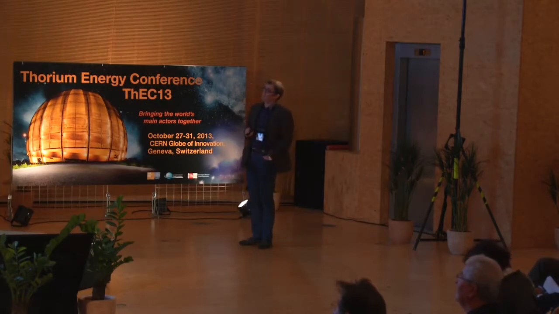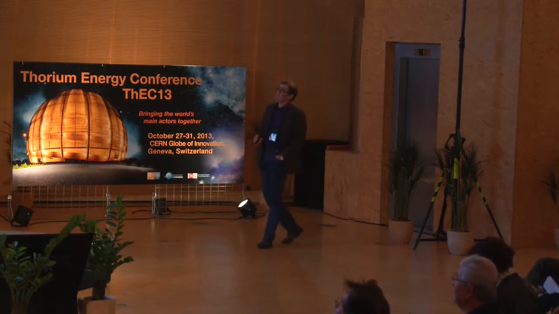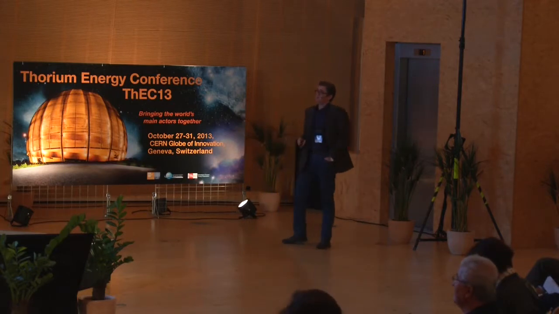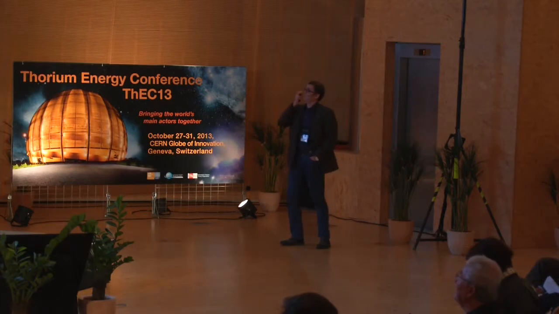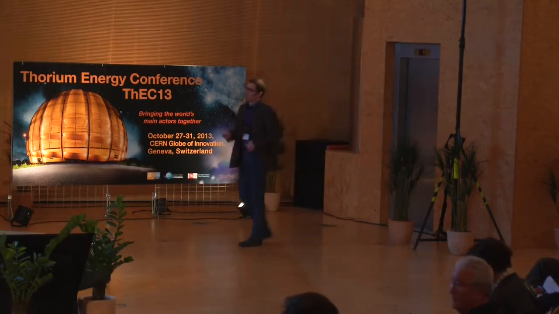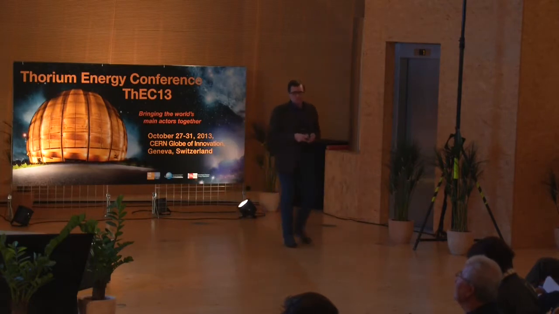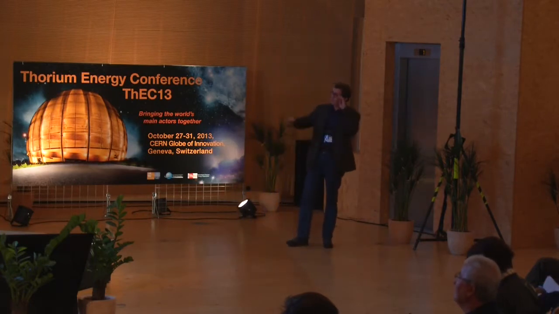And this is a clear disadvantage from the viewpoint of protection during reprocessing, and also decay heat and radiotoxicity of the equilibrium fuel. I put here the resulting vector of composition corresponding to this simplified equilibrium cycle for the uranium cycle and thorium cycle